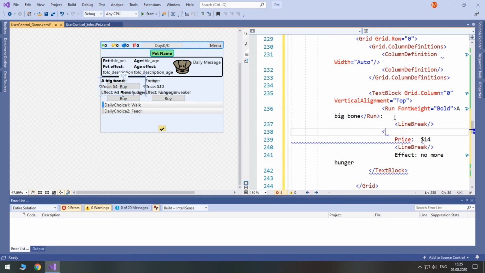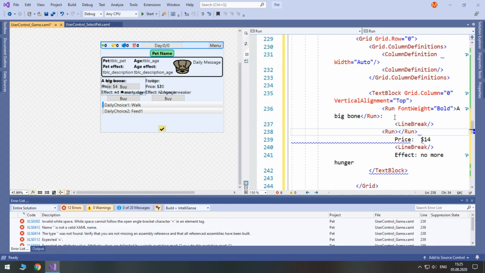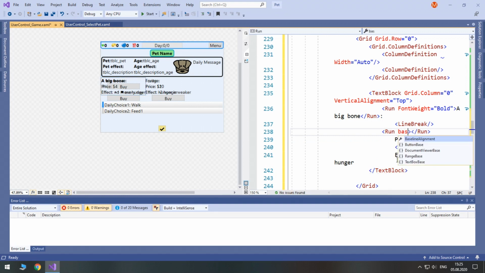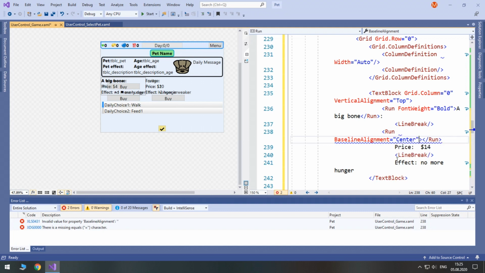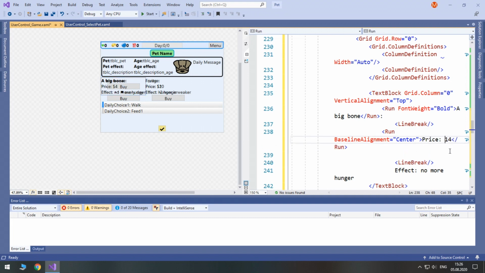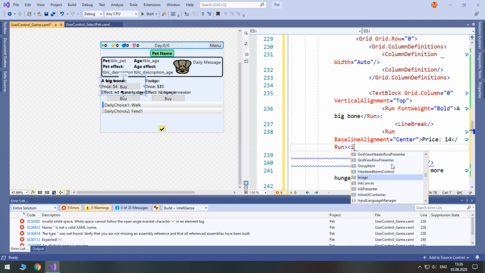Here we will create another run for price, so run, set its baseline alignment to center. As you might have guessed, we will use an icon for coins, so we need to set baseline alignment to center for texts to make them inline. Put the price here, remove the dollar character, and right after it we'll put an image.